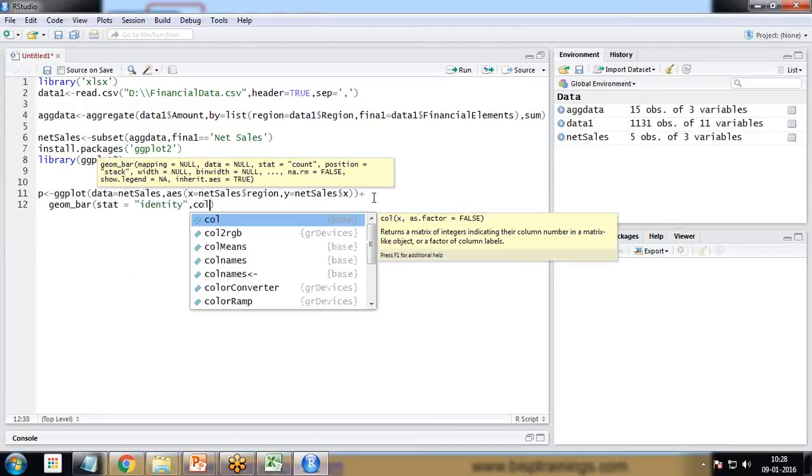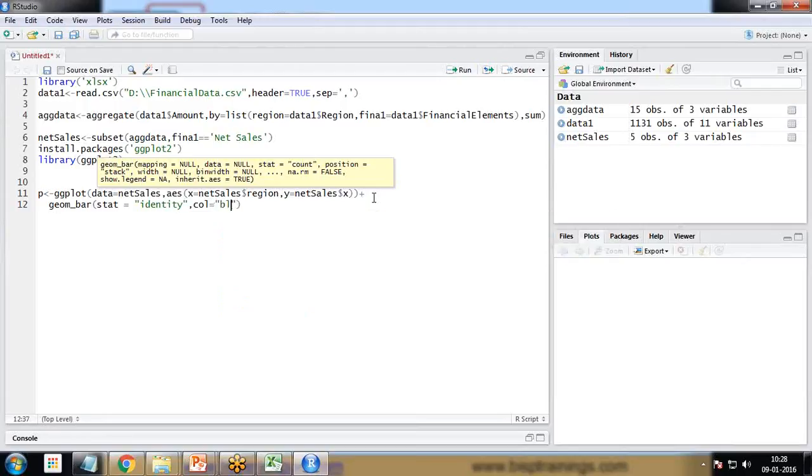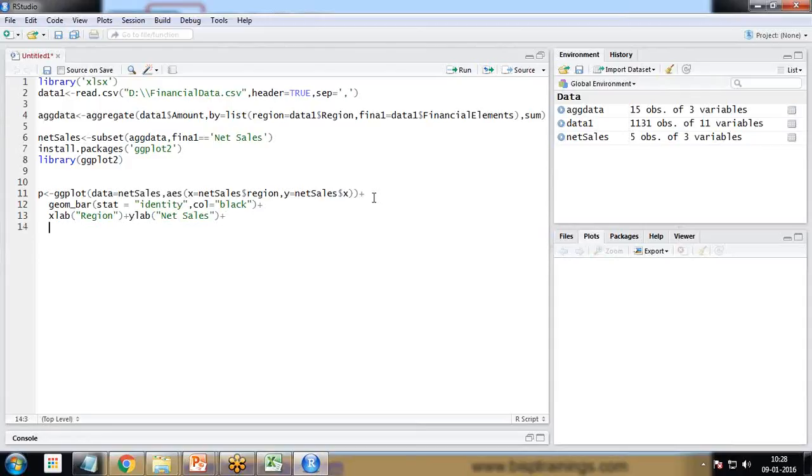comma, I want to set the color. We can set the color later on as well. Color is equal to black. And plus set the X label. On X label I want to add region, plus on Y label I want to specify net sales, plus I want to set the title for this. So I write ggtitle, and in ggtitle I set region wise sale,